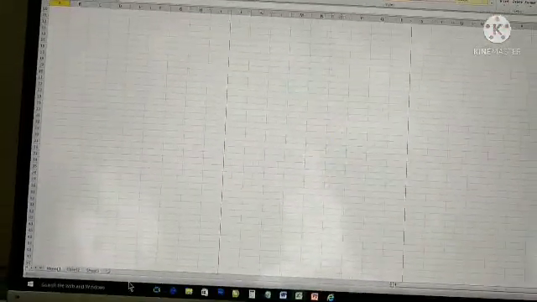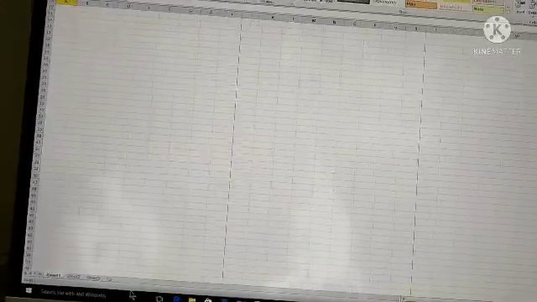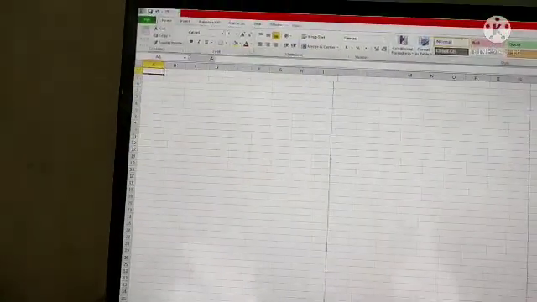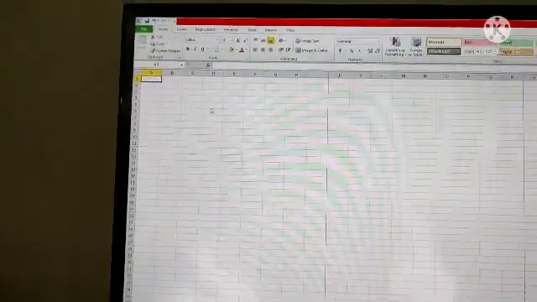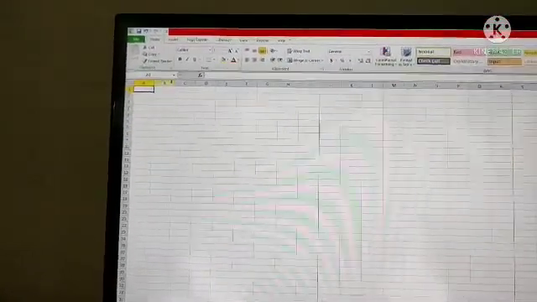Next, what are rows? Rows are numbered 1, 2, 3 and so on from top to bottom along the left edge. Here, 1, 2, 3, 4. These are rows. Then what are columns?